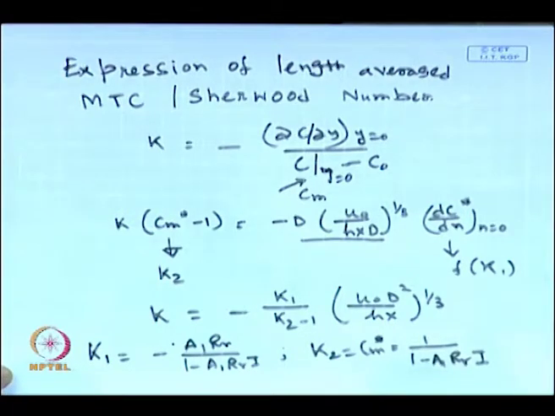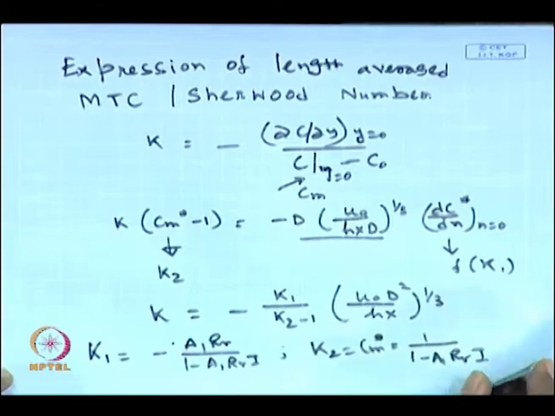So we will be in a position now, if you simplify this expression, if you substitute the value expression of K1 and K2 into the definition of mass transfer coefficient, K1 minus K1 divided by K2 minus 1 will turn out to be 1 over I. Just substitute that, you will find it. Substitute the expression of K1 here, substitute the expression of K2 here and simplify it.